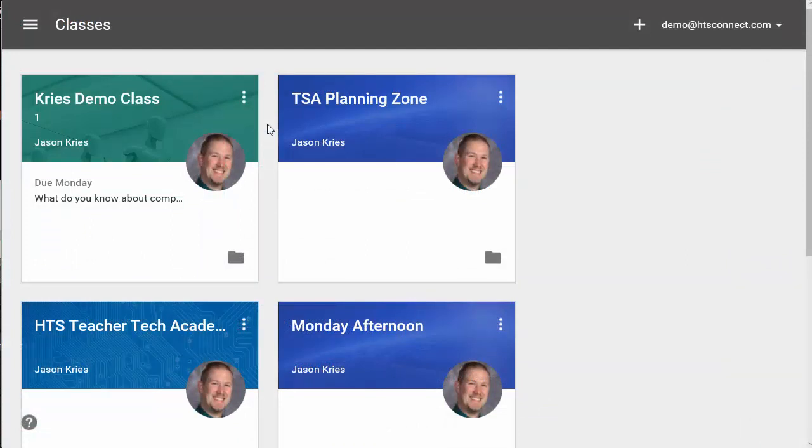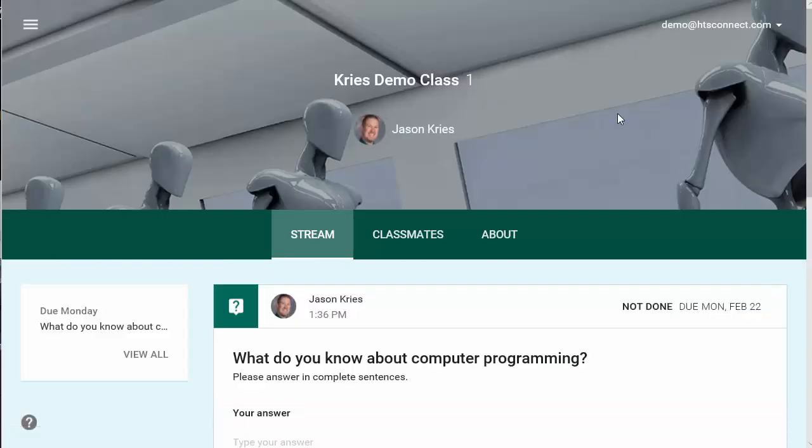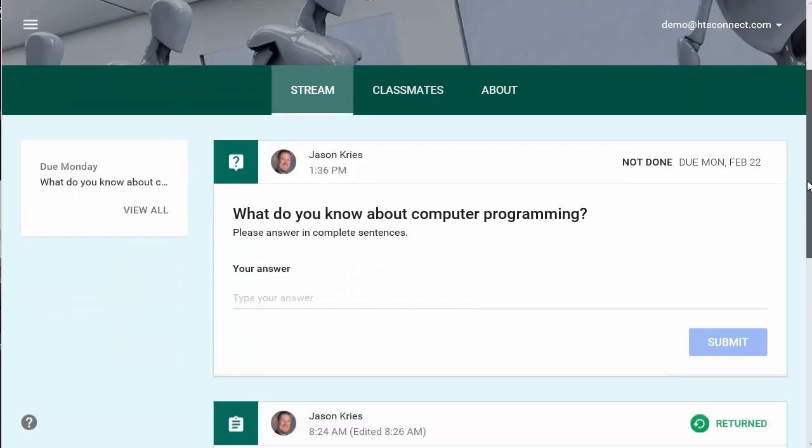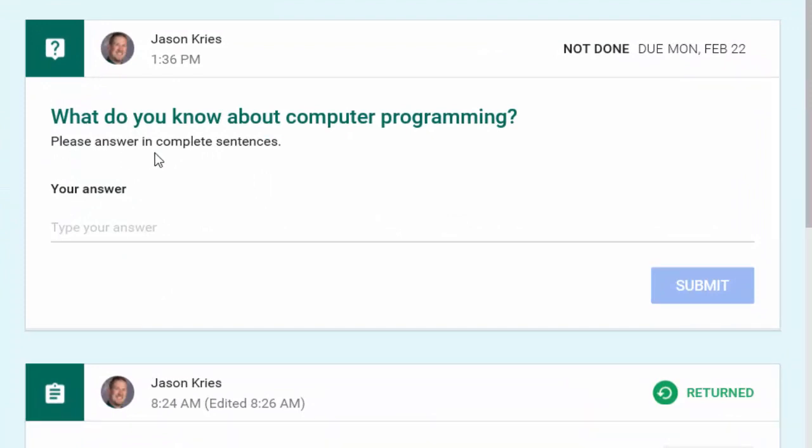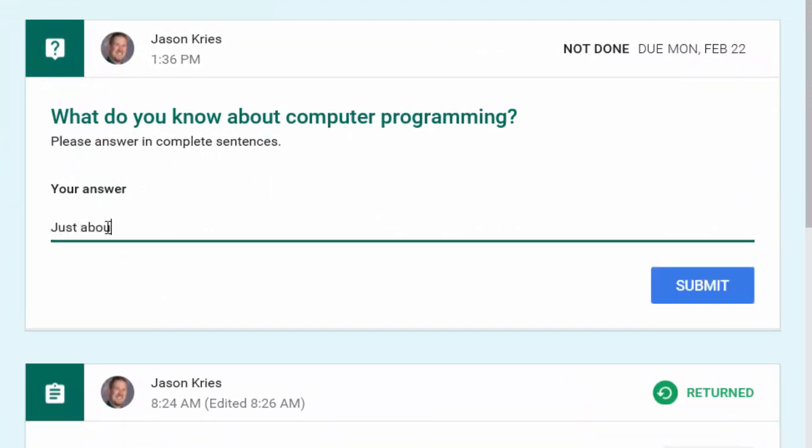When your students log into their Google Classroom account, they will see that they have a question waiting due Monday for that class. They can see the question right in their timeline and the instructions. They can answer right in the page without opening Google Docs or any other tabs. As soon as they hit Submit,